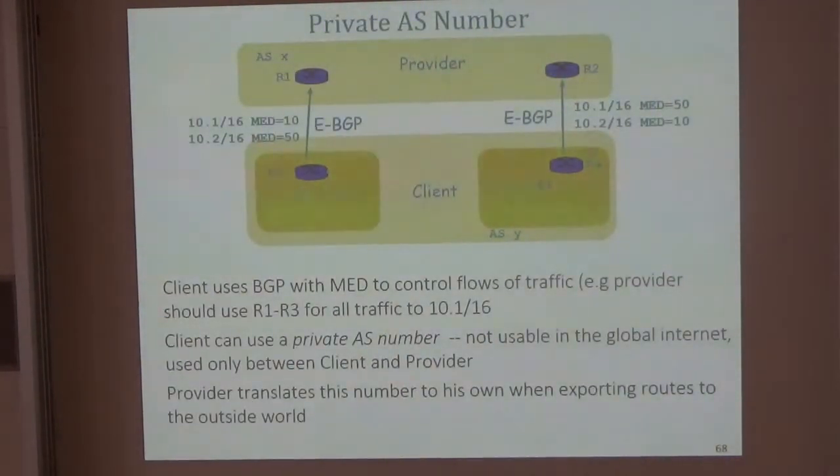Another trick that is often used is that of private AS numbers. It can be used first when we're testing things, like we do in the lab. If we would not be using virtual machines, then we would use private numbers to make sure nothing leaks. But it can also be used for a number of tricks. For example, here,